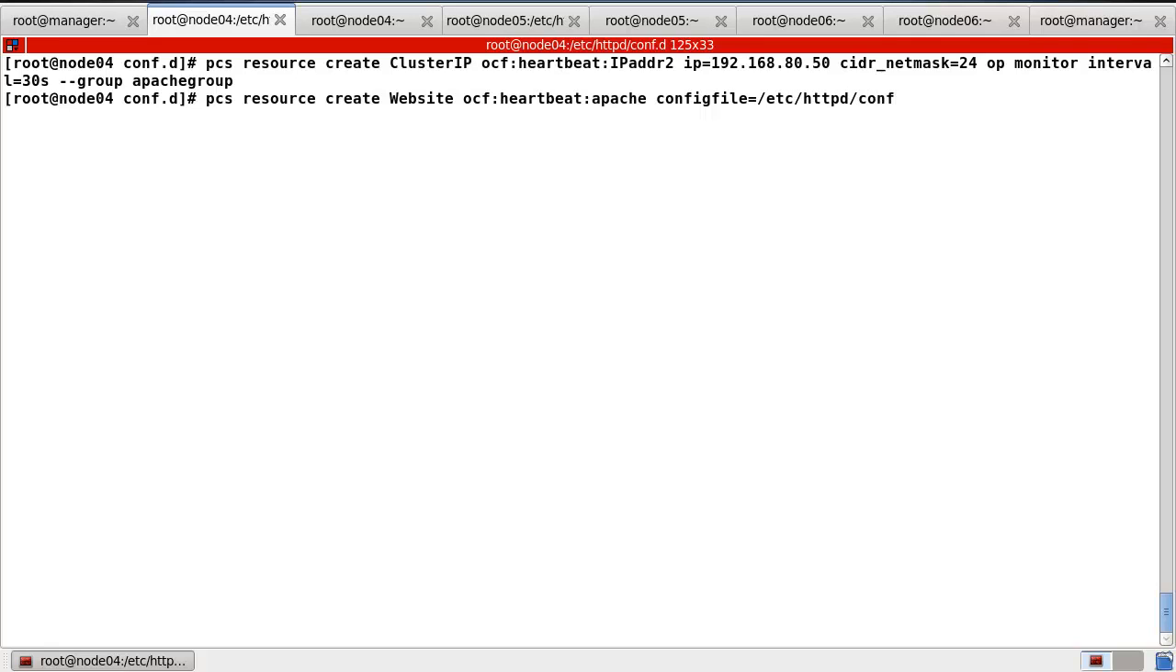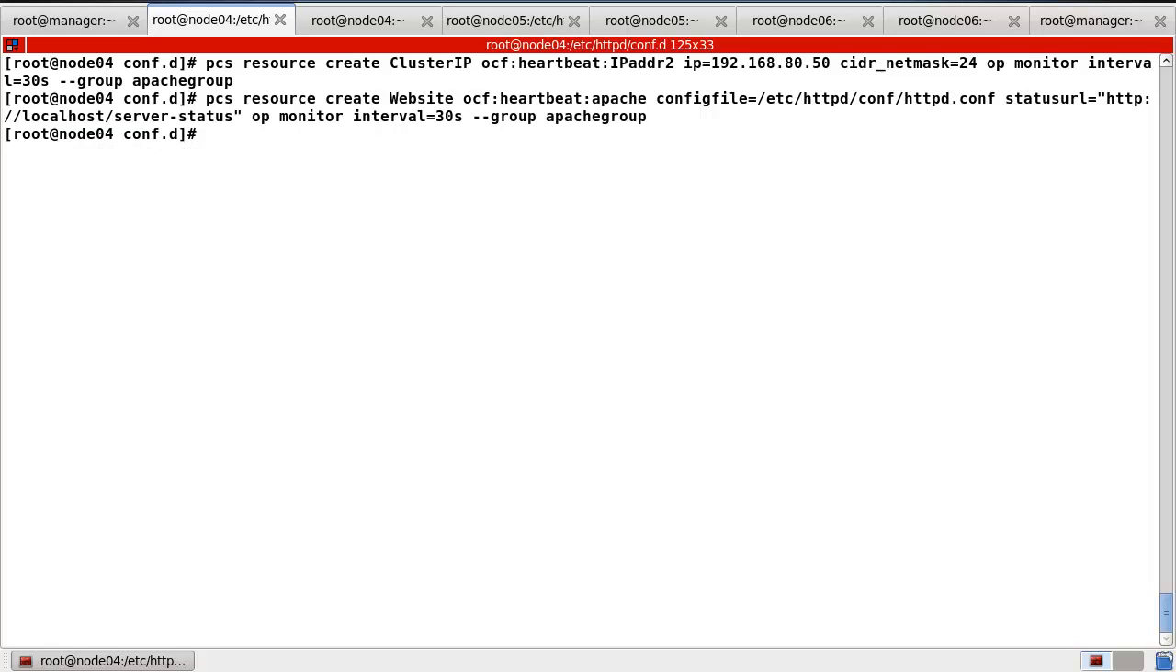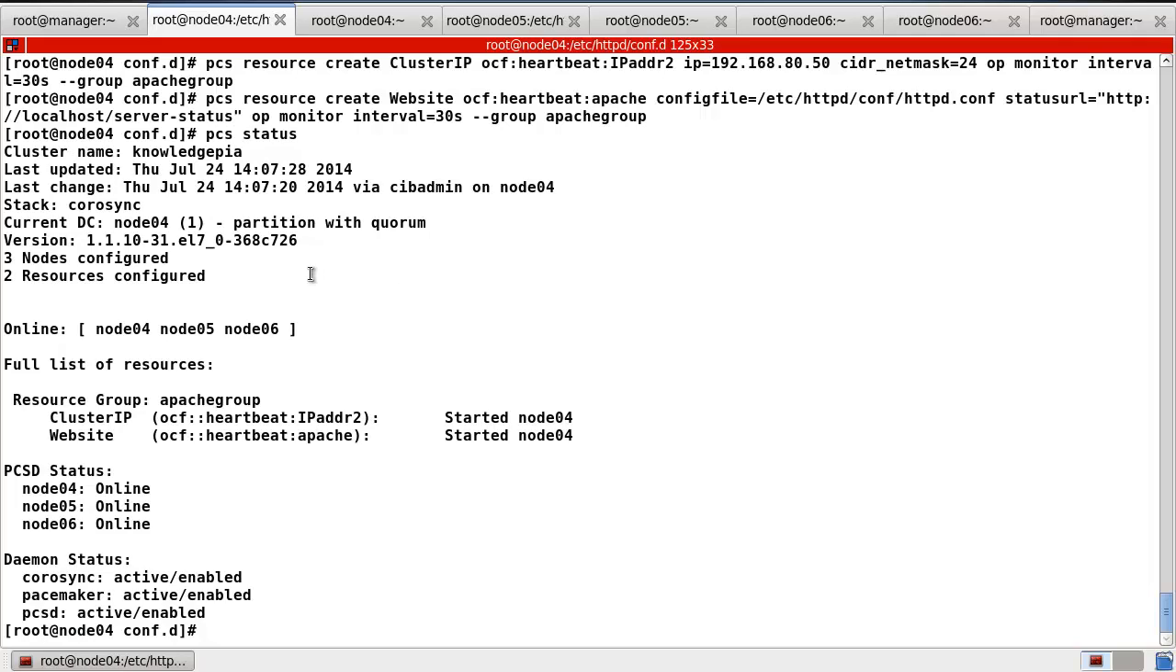conf/httpd.conf. So HTTP server status and op is the same, interval 30 seconds, and the group also. Okay, now I created the resources, and after that let's check the status. Okay, now in my case I already created the cluster, the name is Narispia, and the stack is Corosync